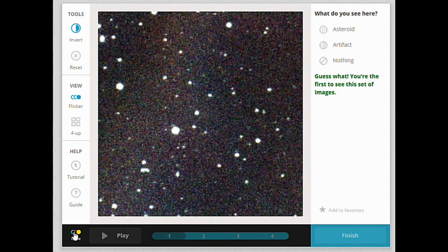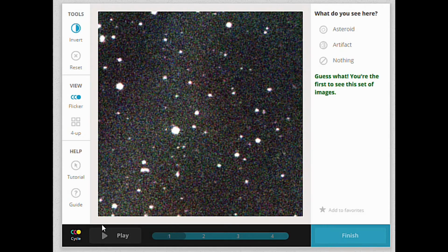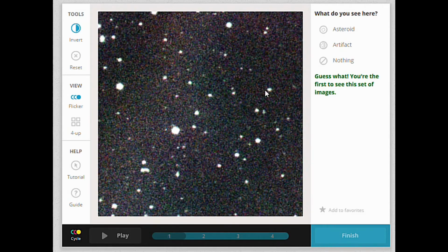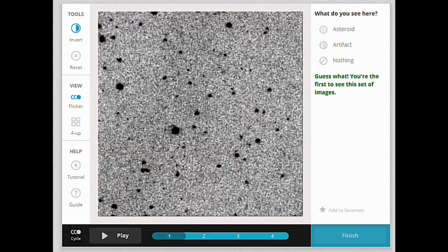Well, you see here's something move. Here's some. Now it's not moving. It's changing in color, but everything is changing in color. So it's very hard to see any asteroid in this view, only the most obvious ones. So using the cycle,